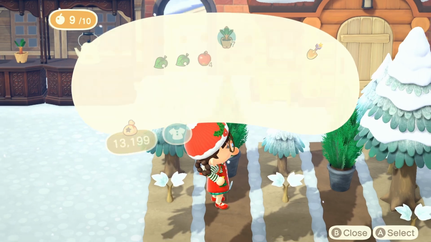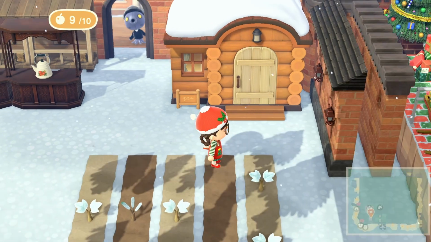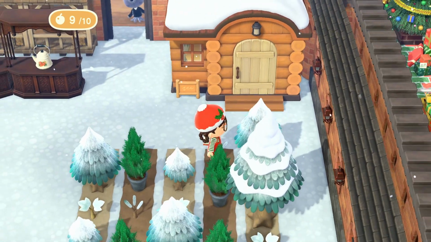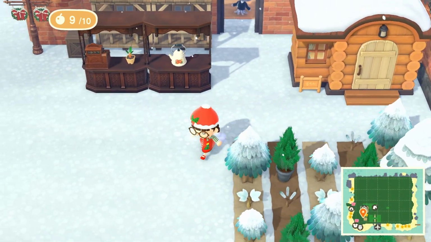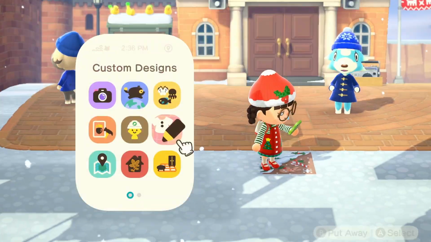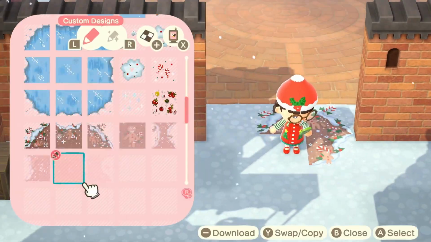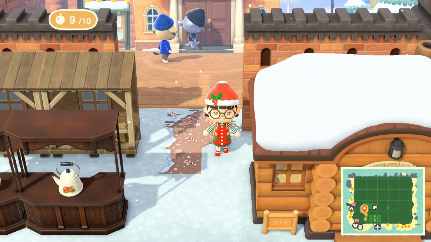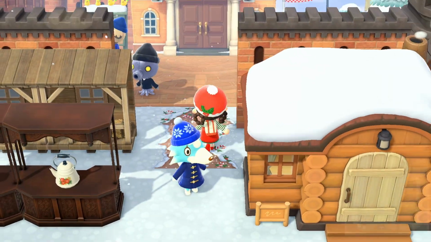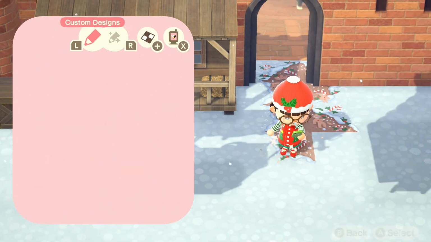I'm also going in with a few cedar saplings that represent the trees that are still growing in for the season. And before doing anything else, I'm going to place down my pathing so I know where my trees are gonna go. I had to quickly take out the castle arch for a bit so that I could place the pathing